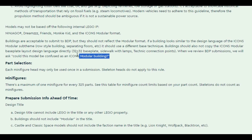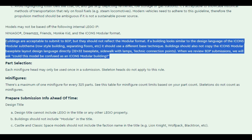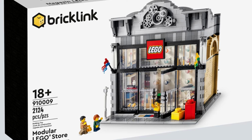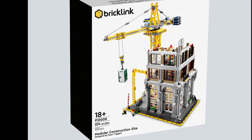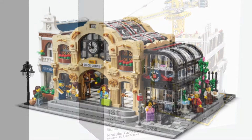Now for other people, the bigger news was around changes to the programme, basically making it near impossible to submit designs that are modular buildings or deemed too similar to modular buildings. As you might have noticed from previous approved and produced submissions, modular style buildings have been really popular, with that aforementioned modular LEGO store and modular construction site even having modular in their titles, but other sets previously approved have